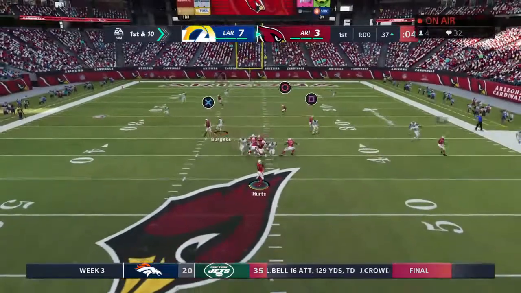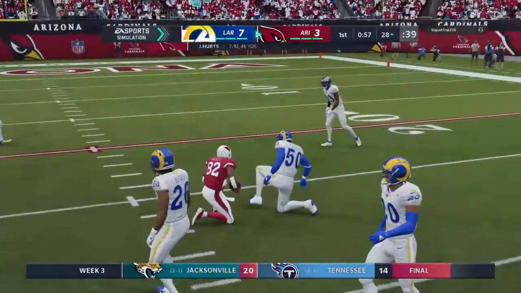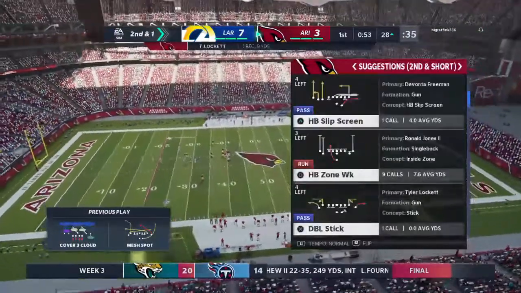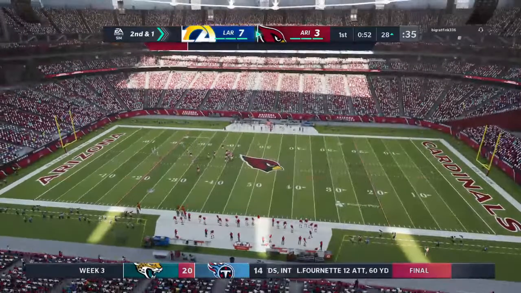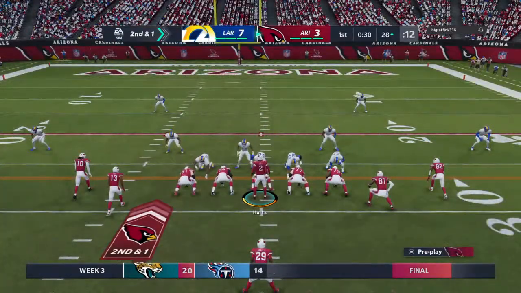On 1st and 10, it's Hurts. And the catch is made here by Tyler Lockett. And this will leave him a yard short. Nice pickup of 9 yards on 1st down. Brings up 2nd. That last catch short of the marker by just a yard leaves him with a very manageable